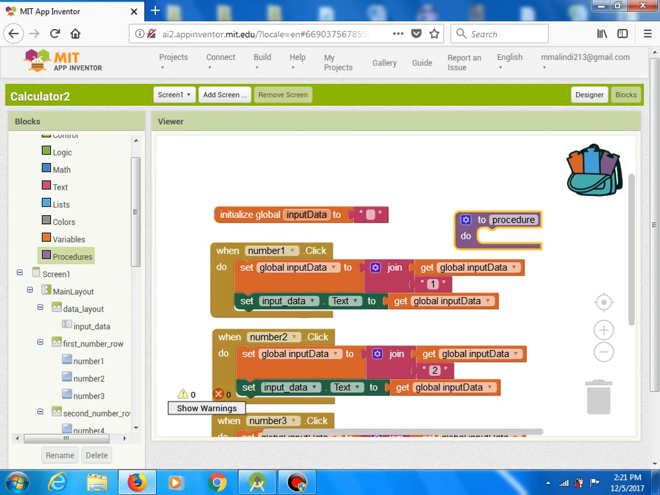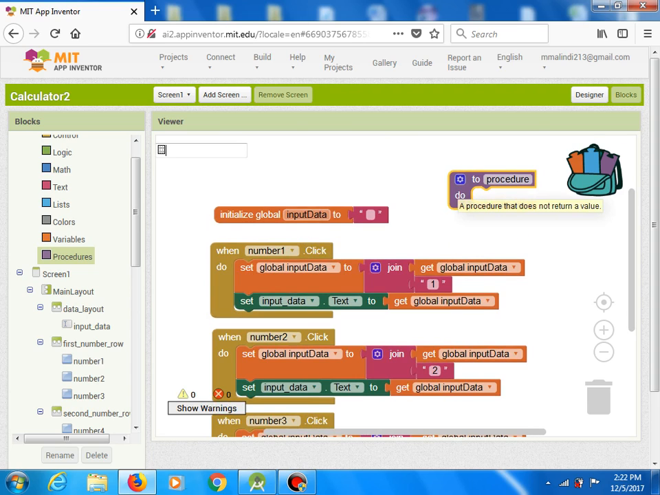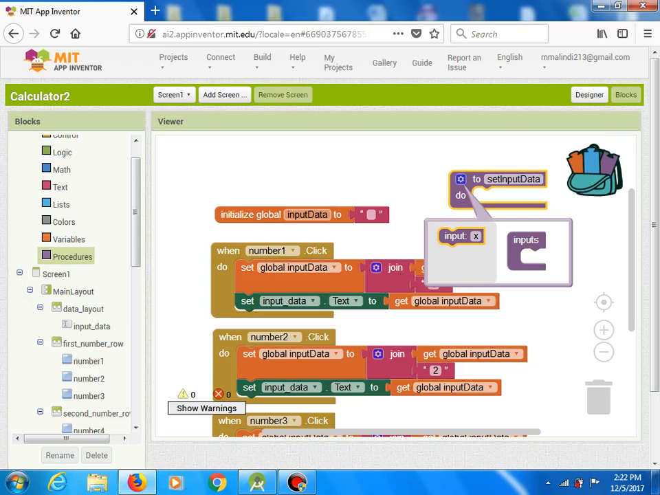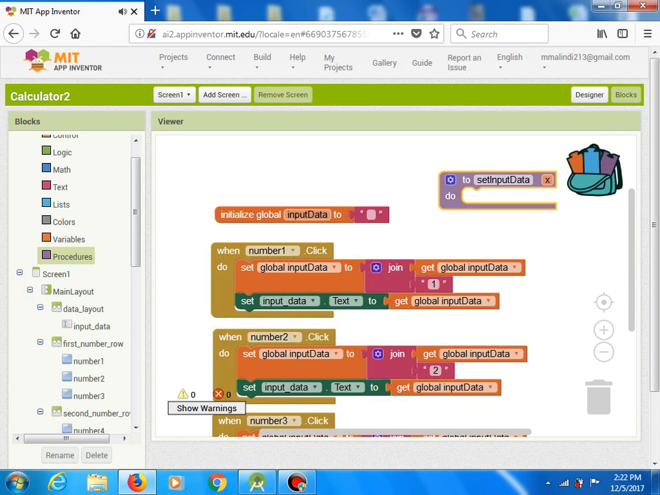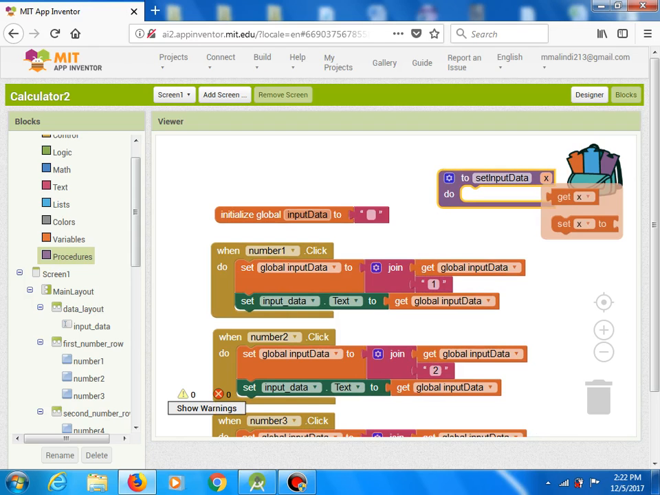Okay, and here I can call this function. I can call it set input data. So here on procedure, just click and change the name to set input data, and this function will have parameter one, so it will accept one parameter. So click on this blue image and choose input and put it here. So you see now that our function has one parameter x, and this parameter, when you go mouse